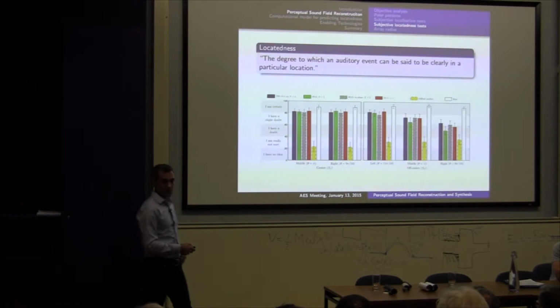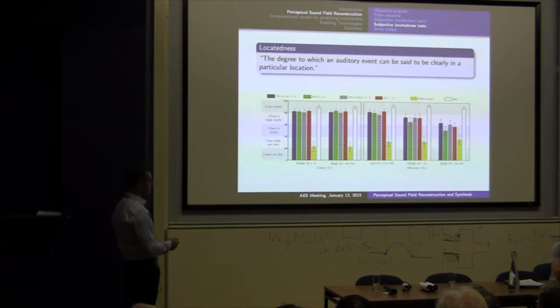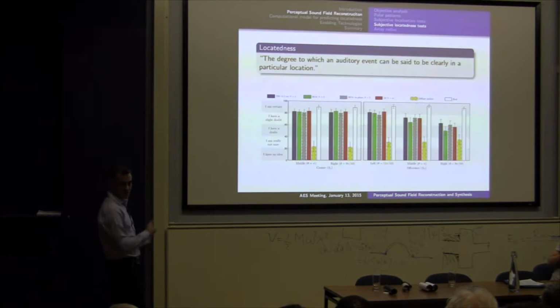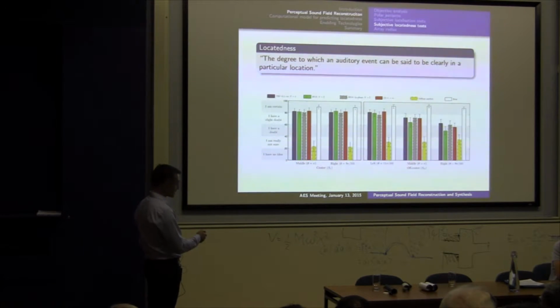And we conducted those tests. So we can see again that when the listener is in the center, all the techniques work well. So this is time intensity, this is higher order ambisonics, second order because it's 5 channels, in-phase, and intensity stereophony. And we have two reference points, which are a completely diffuse anchor, and something which is like the best, completely precise. So they all perform well when the listener is in the center,